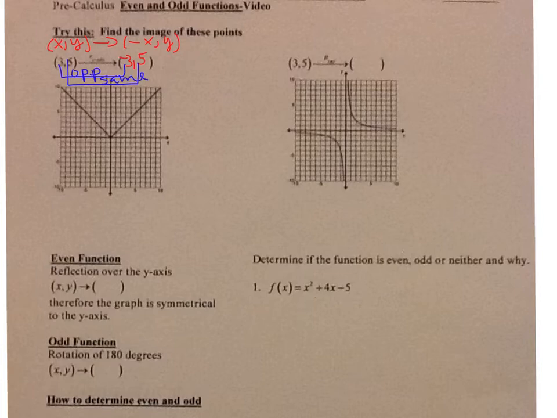So let's just say I take the point, let's say 3. Go to 3 on x, 1, 2, 3 on x. My y value is also 3. And when I go to opposite x, negative 3, I also get 3. So when my x values are opposite, I get the same y value. Okay, that is called symmetrical